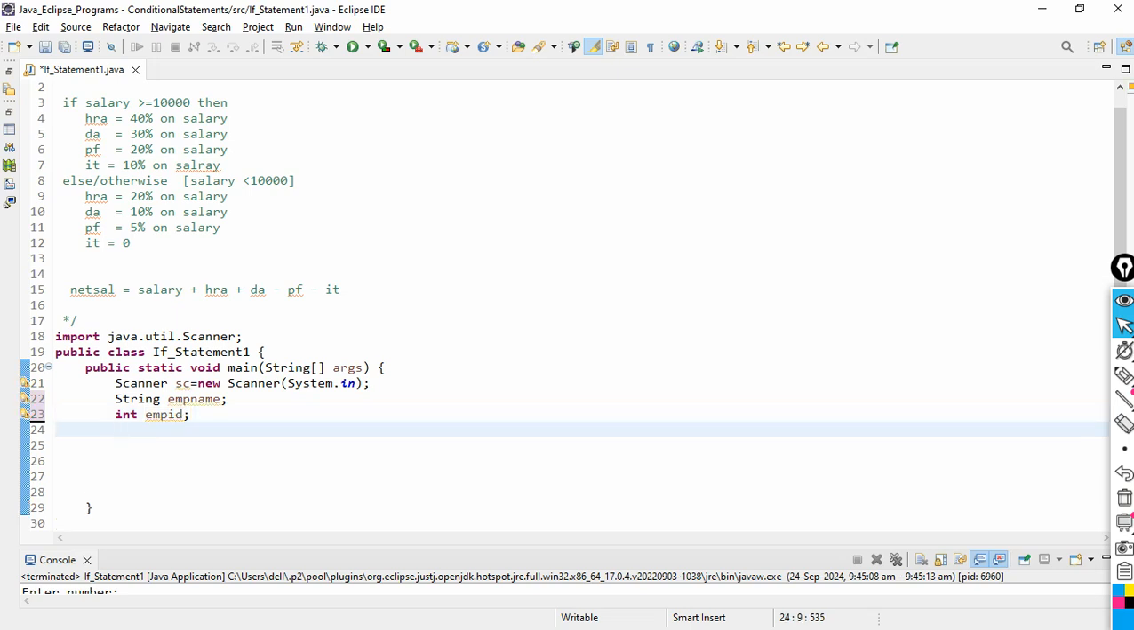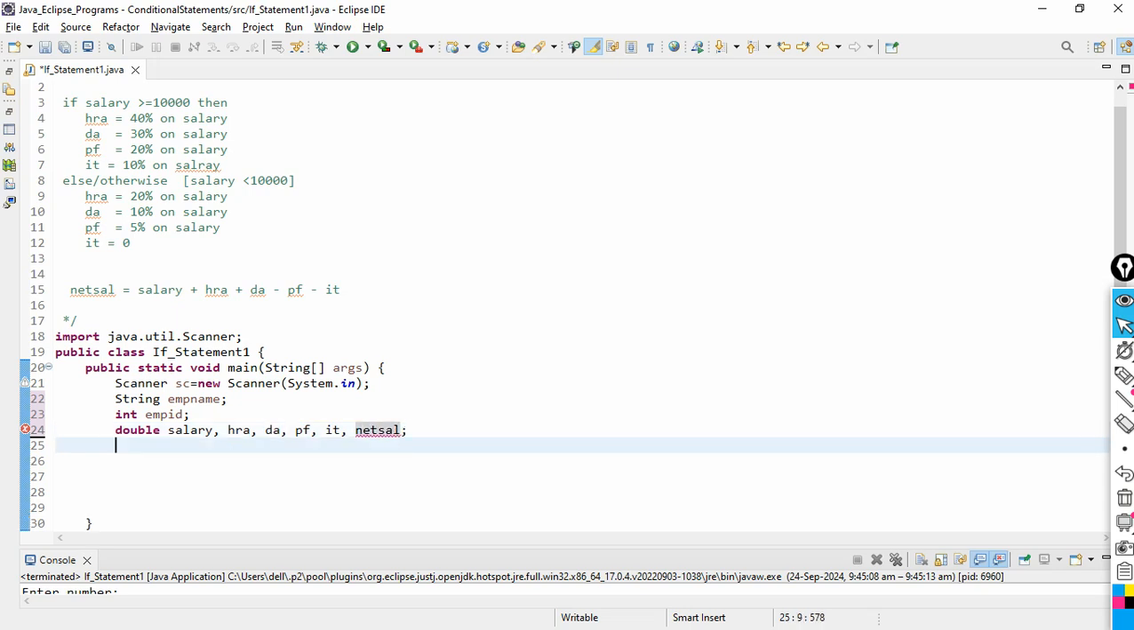Next is double salary. Double salary, comma, HRA is also in rupees, isn't it? This is salary, HRA, DA, provident fund, IT, and net salary. These are the variables. Then I have to read the